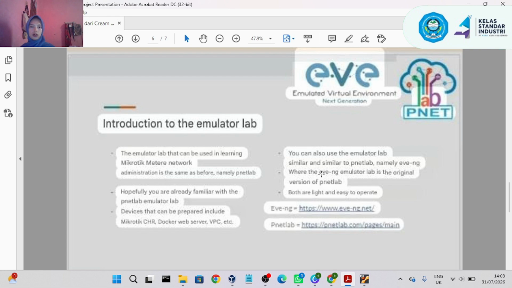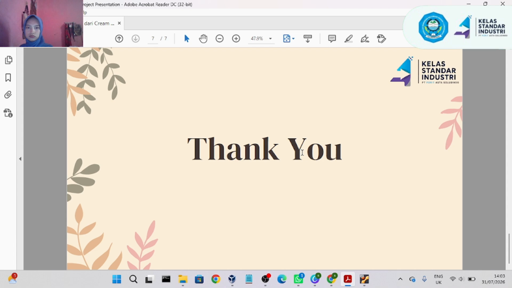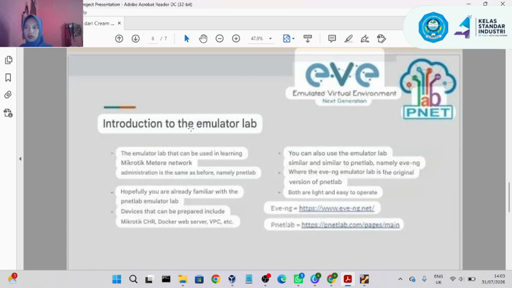The emulator app is the original version of PNetLab, but with an added X to operate. An example image. Carry on. Practice.